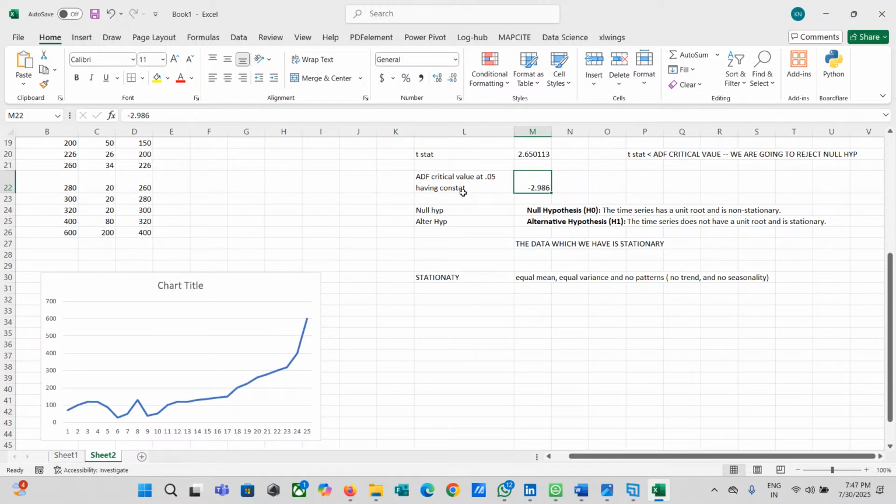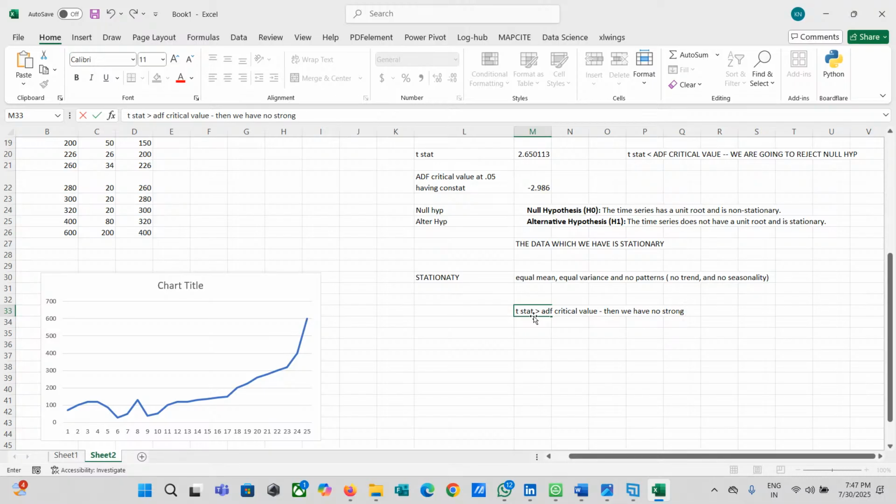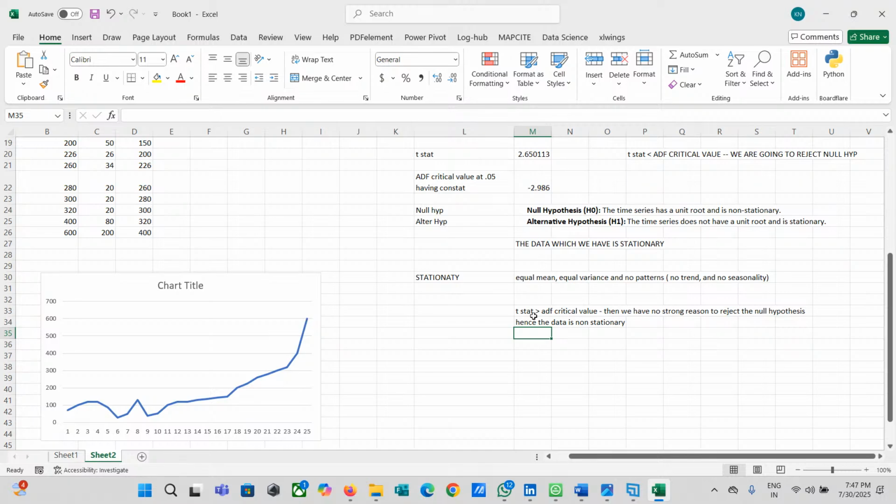So we have no strong reason to reject the null hypothesis. We are not going to reject it, hence the data is non-stationary. The data is not stationary.